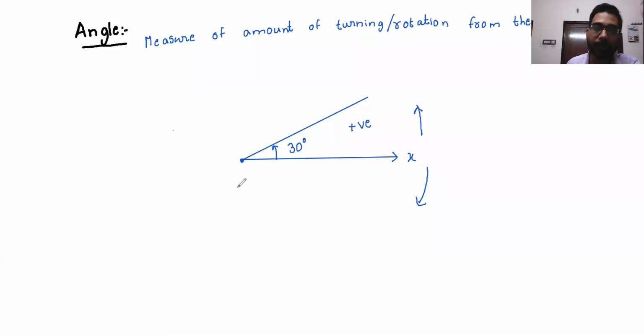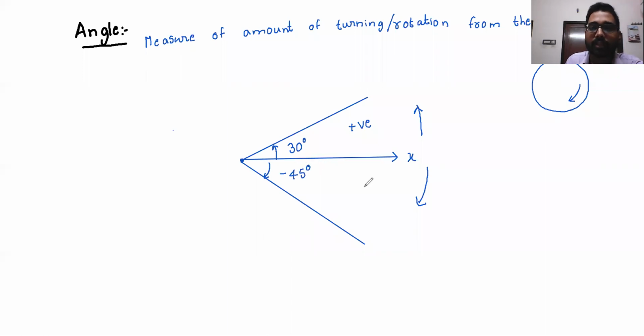Or just simply 30 degrees. Now let's say we have moved 45 degrees from the reference, something like this, in the clockwise direction, not anti-clockwise. This upward is anti-clockwise, downward is clockwise, because if you see in a clock, you know this, right? The seconds hand will move like this. So this is the clockwise sense, and this is the anti-clockwise sense. So this is going to be minus 45 degrees.